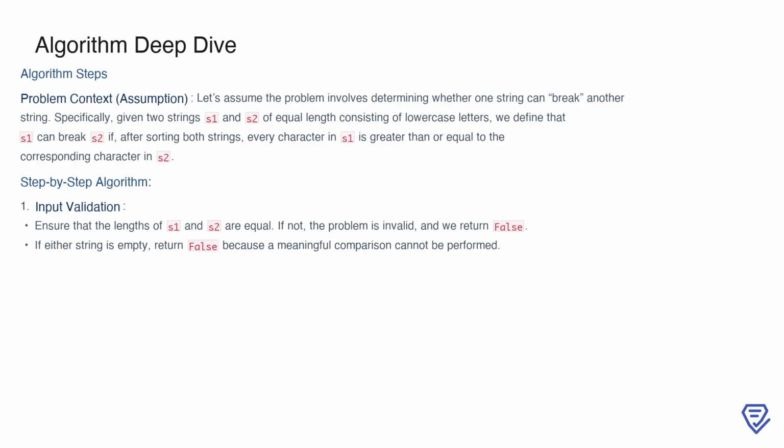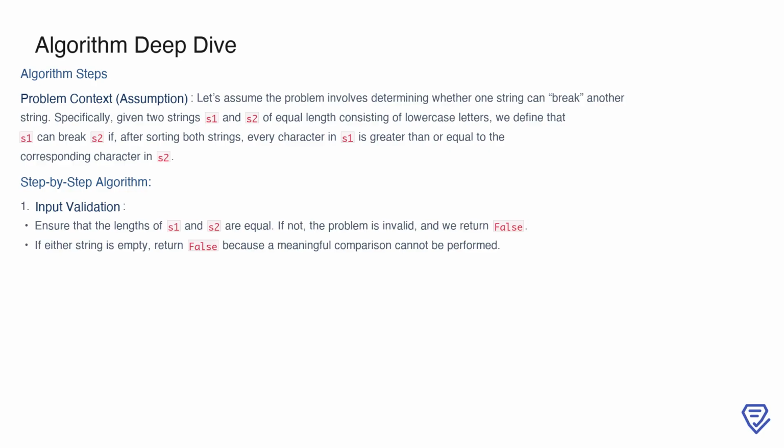For example, if S1 can break S2, then after sorting, each character in S1 will either match or exceed the corresponding character in S2. Now, before diving into comparisons, we must validate the inputs. We check if the lengths of S1 and S2 are equal. If not, the problem setup is invalid, and we return false. Additionally, if either of the strings is empty, we also return false, as there's no meaningful way to perform comparisons